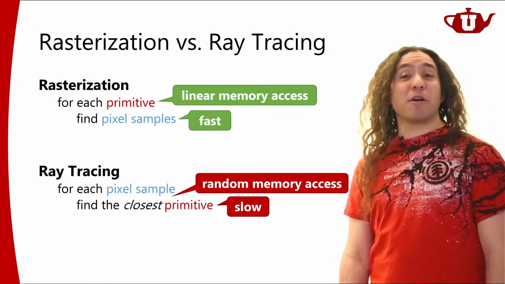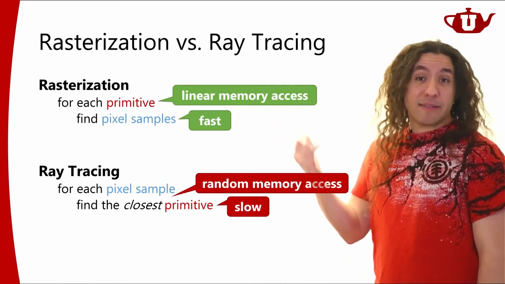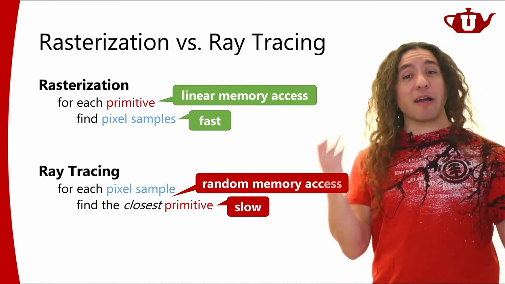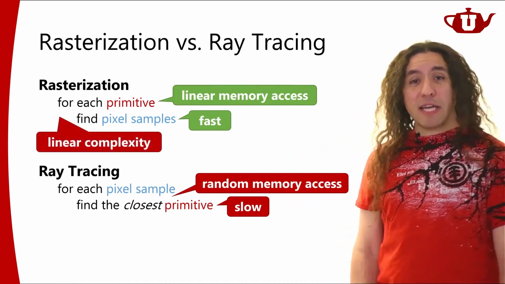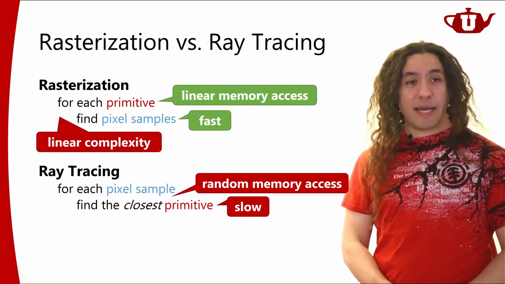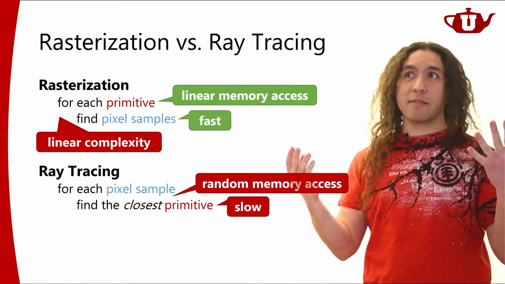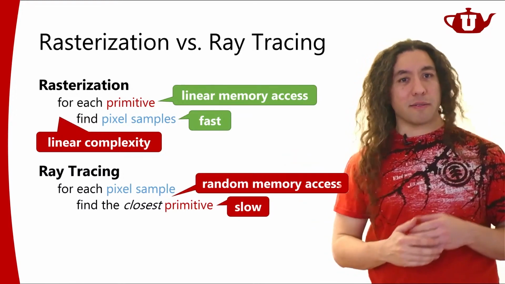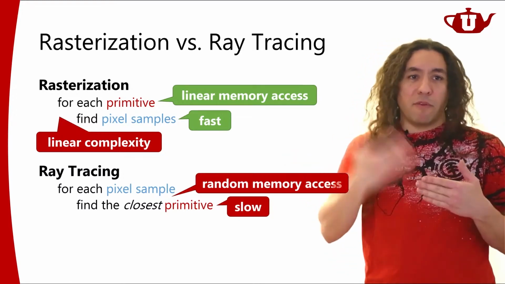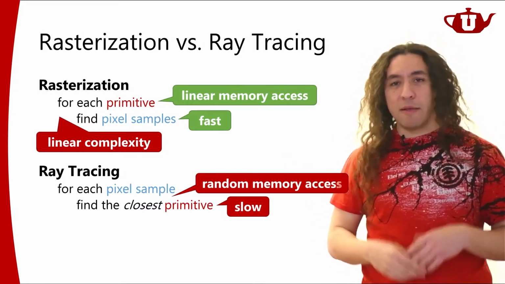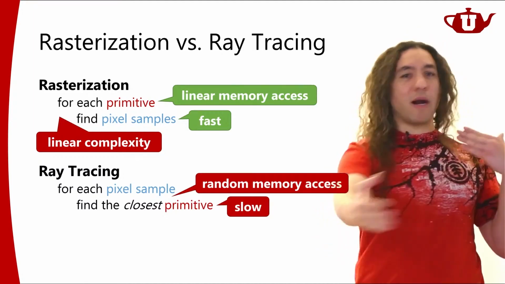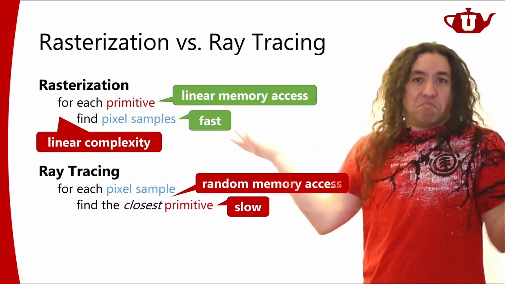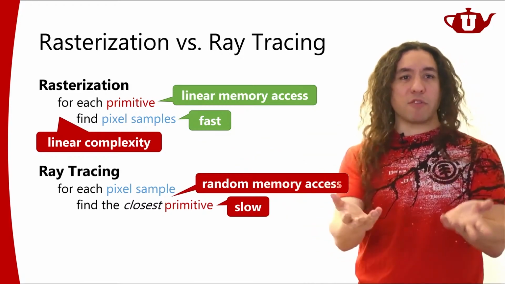But if you were to think about this theoretically, when you think about the number of triangles in the scene, rasterization has linear complexity. That is, if I have a million triangles, I'm going to be drawing a million triangles, right? I start from the first triangle, I go all the way to the end of the list. I go over my list once. That will be linear complexity in terms of the number of triangles.